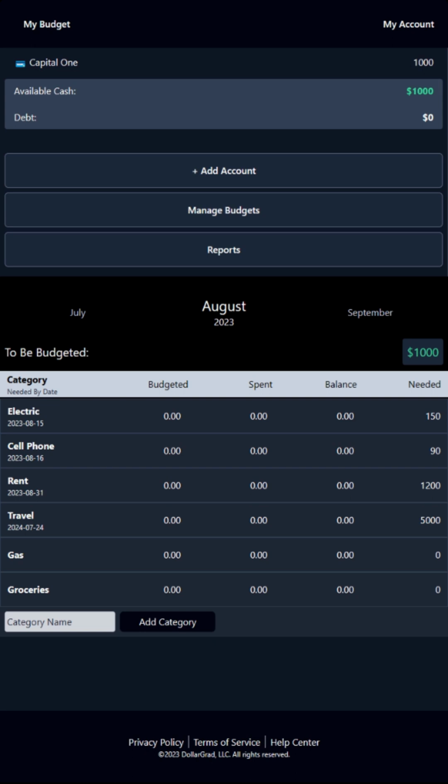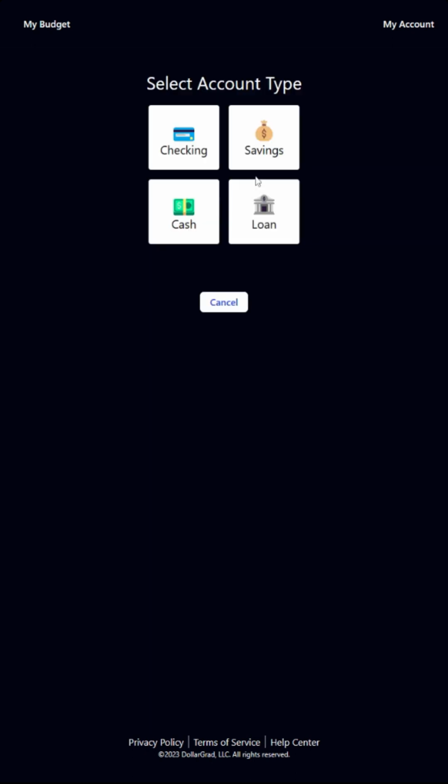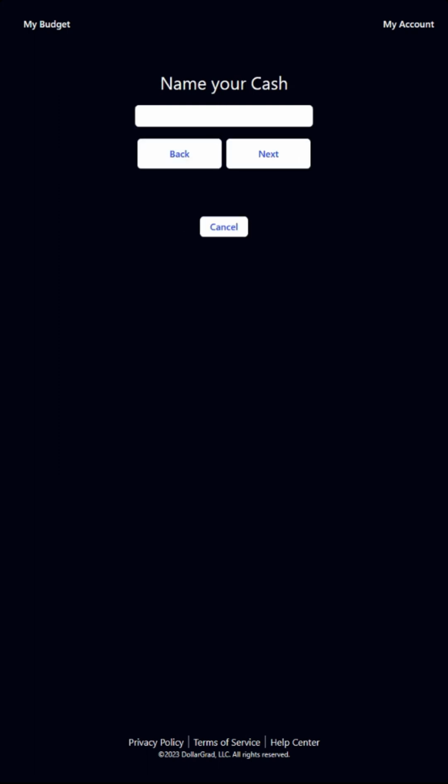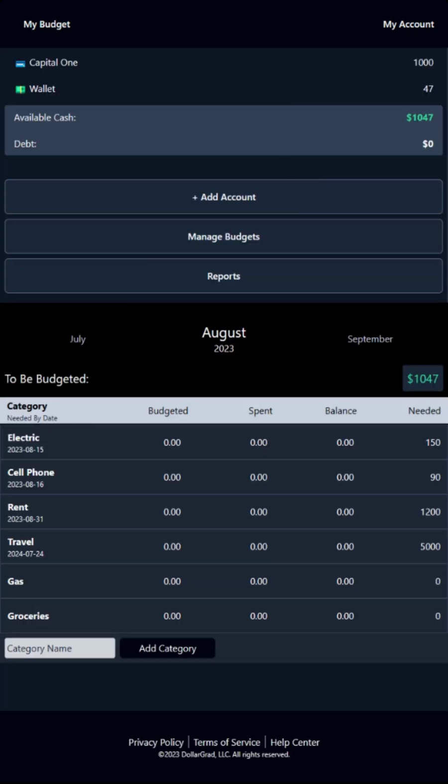But I forgot I had some cash in my wallet, so I'm going to click Add Account. I'm going to select account type cash, and just call this wallet. Next, current balance, I have $47 of cash in my wallet. Add account. So as soon as we add an account with a positive value, we'll see a positive value reflected